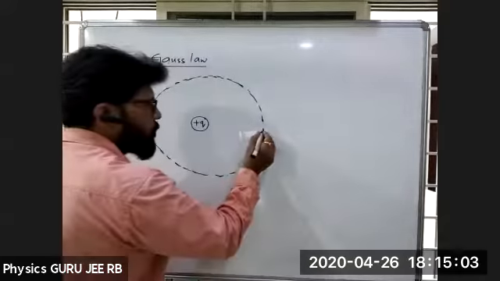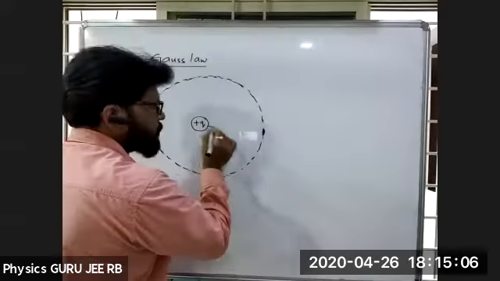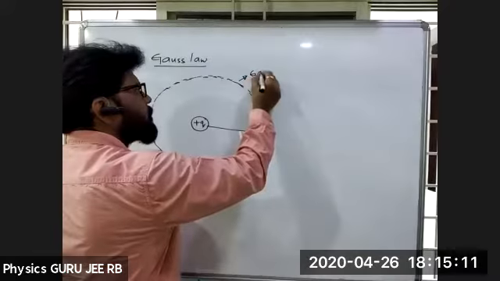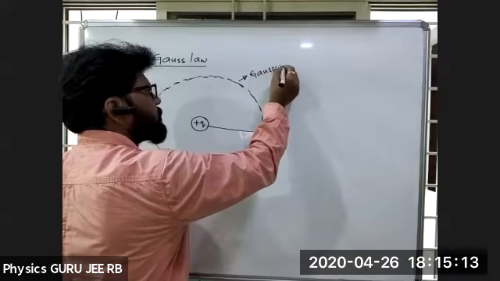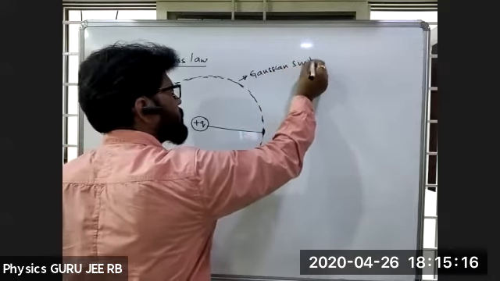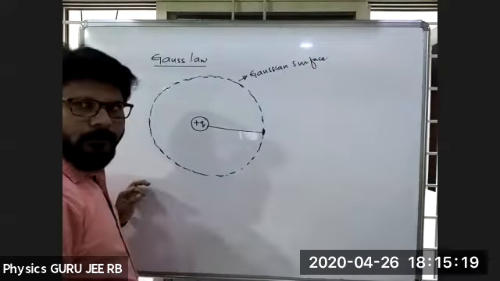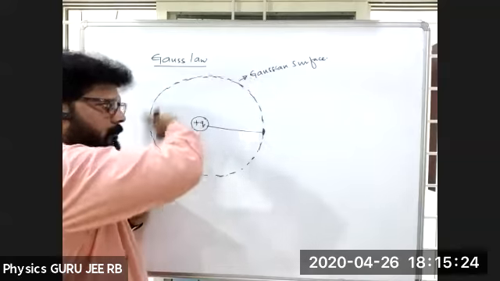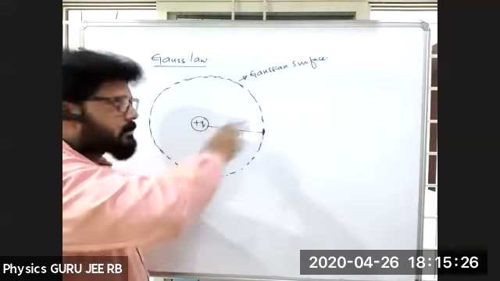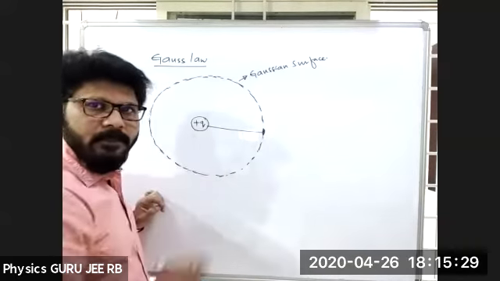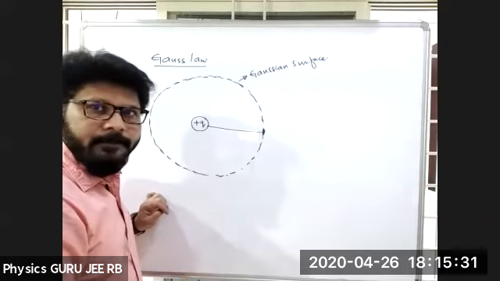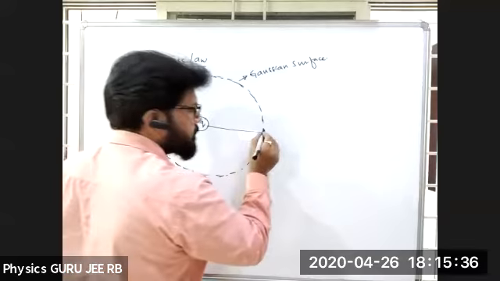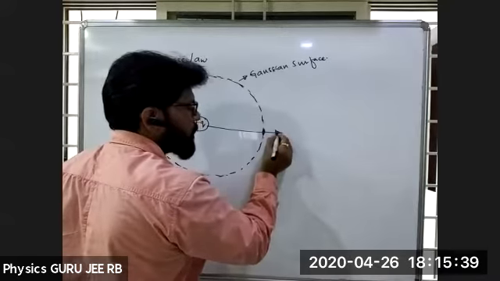Now at this particular point, if I want to calculate, it's nothing but a Gaussian surface. Construct a Gaussian surface. Okay. So we'll be calling this a Gaussian surface. That means we'll be drawing an imaginary line around this positive charge in which its effect is felt. Let us imagine. Now at this particular point, the area vector, if I take the area vector, is the outward normal. It's nothing but the area vector.